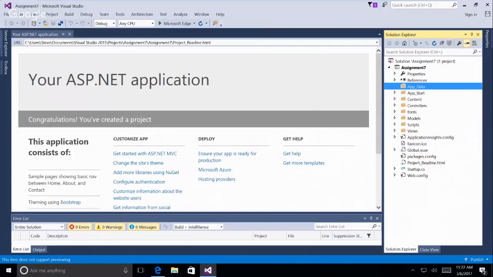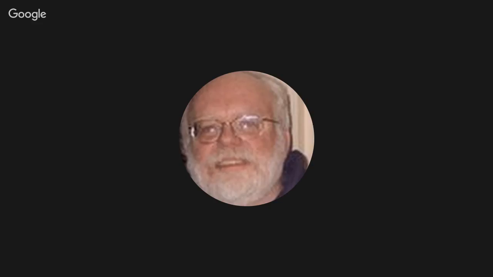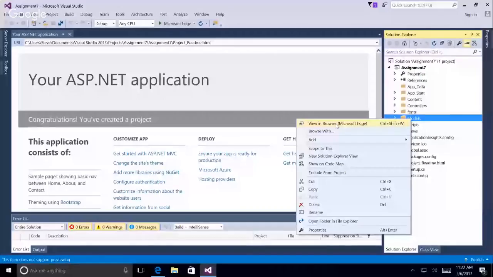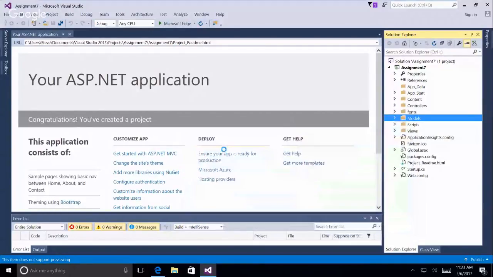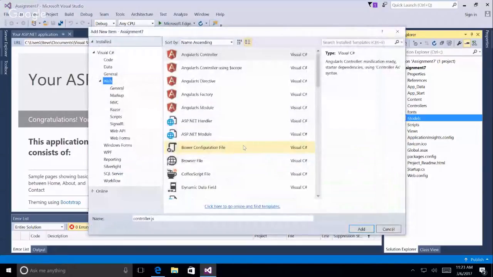So to add a model, first thing I'm going to do is add a model. I forget what to do in the assignment. We'll just add most everything. So we want to add, I'm in models, but it's not really showing me that. I just want to add a new model. So I guess I have to do a new item. And we want,